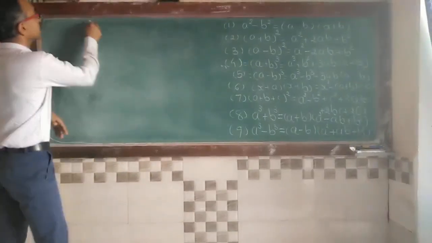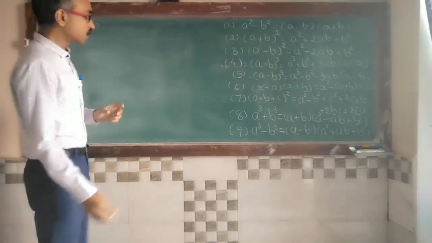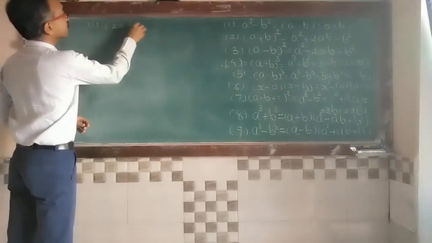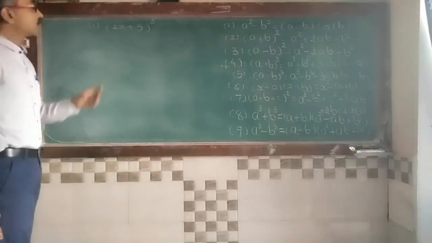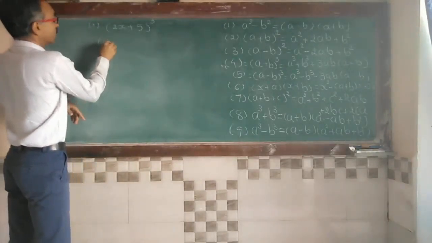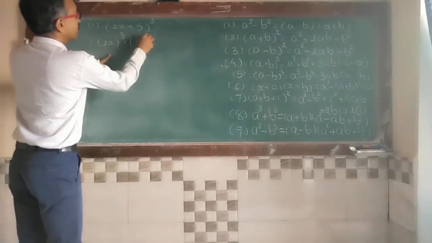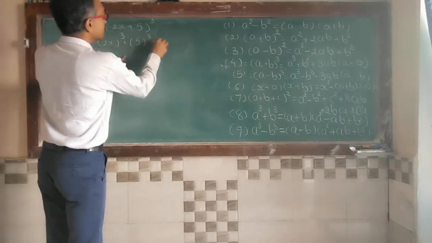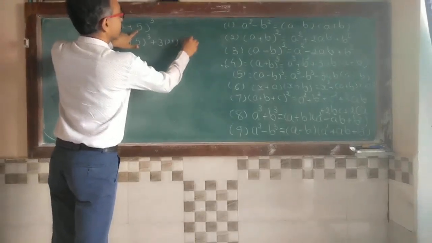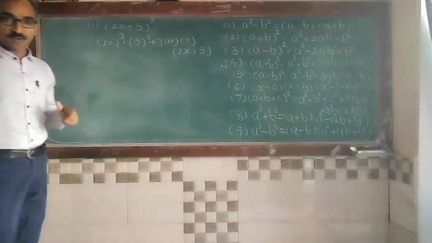Okay. Now see, move towards the fourth formula, a plus b whole raised to cube. That means suppose you are given 2x plus 5 whole raised to cube. That means according to our formula, cube of the first term, that means 2x whole raised to cube, then 5 raised to cube, then 3ab, a is 2x, that means multiply by 2x, b is 5, and into 2x plus 5.